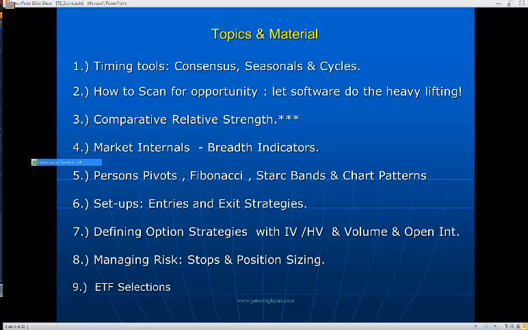My favorite for trading stocks is looking at some of the market internal analysis, and of course one of my favorite indicators is Person's pivots on multiple chart patterns. We'll look a little bit at some of this stuff, some of my setups, and that's what I am going to try to work with you guys today. All right, next,